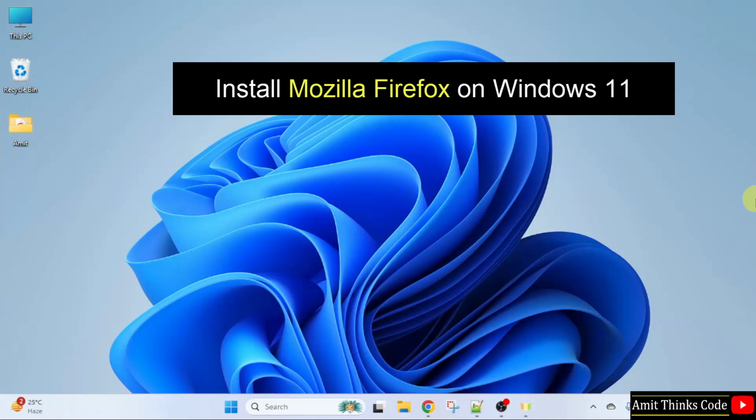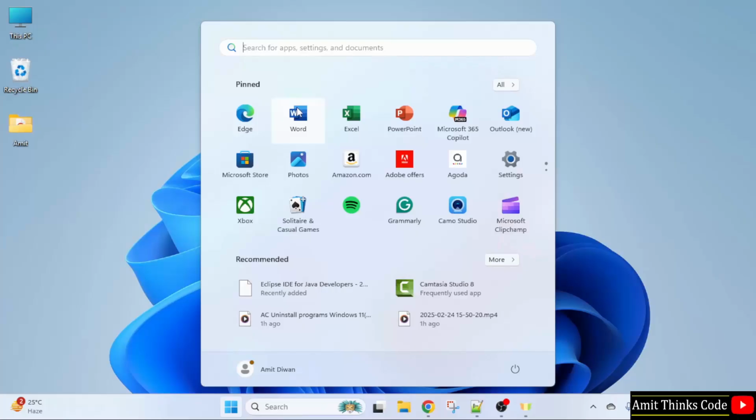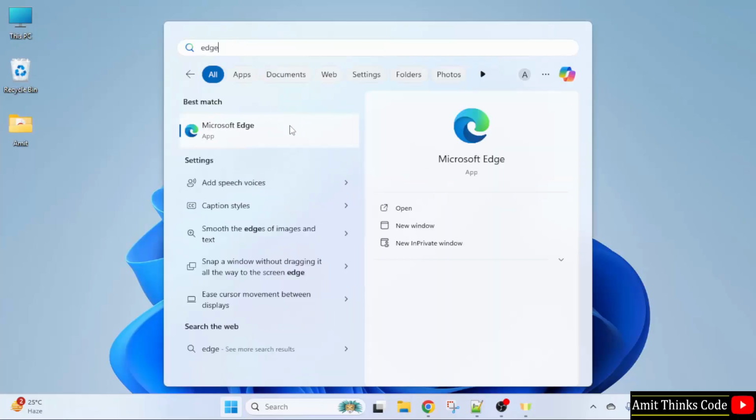In this video, learn how to install Firefox on Windows 11. So let us see. At first, go to Start, type Edge. So Edge is the default browser of Windows 11. Click Open,